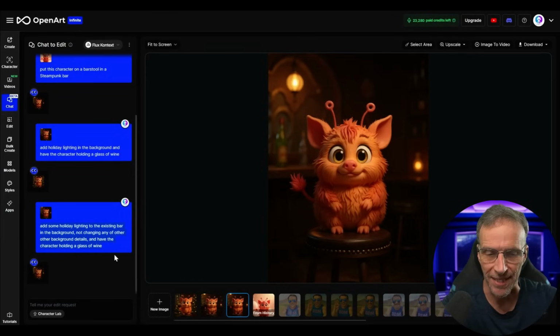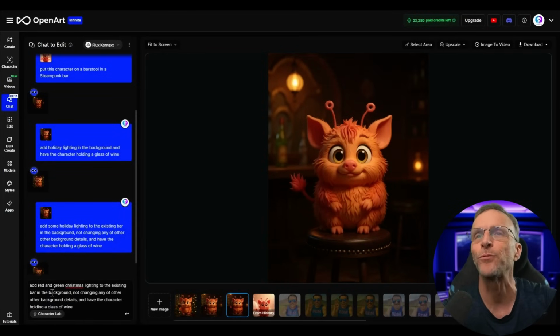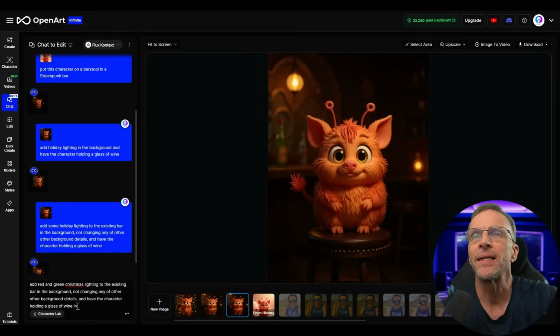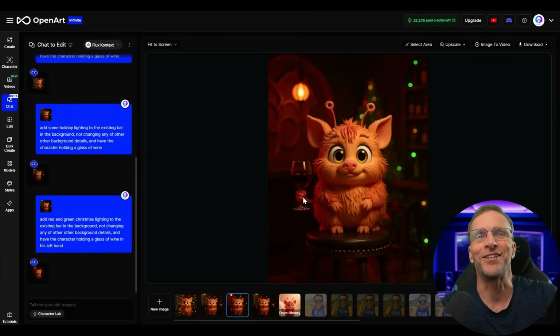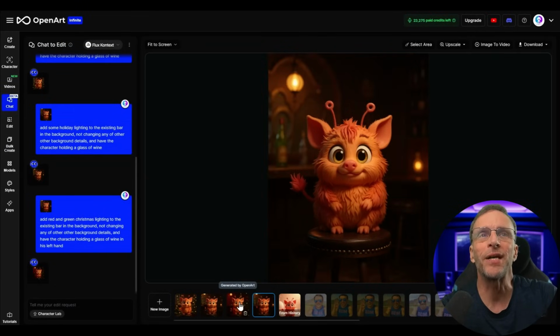I'm going to just copy this because I already typed all that. I'll just say add red and green Christmas lighting to the existing background, not changing any other details, and have the character holding a glass of wine in his left hand. Normally when I do left and right, it translates to my left and right, so we'll see what it does here. Okay, again, we grew an extra arm,